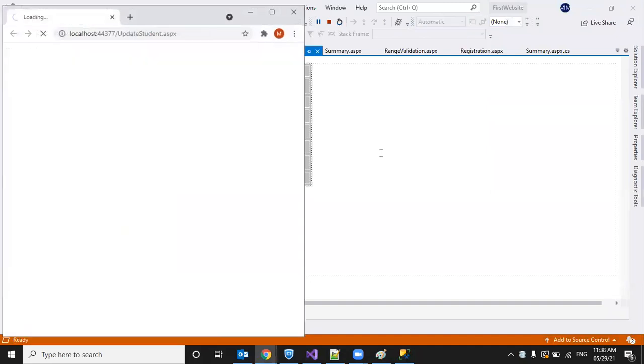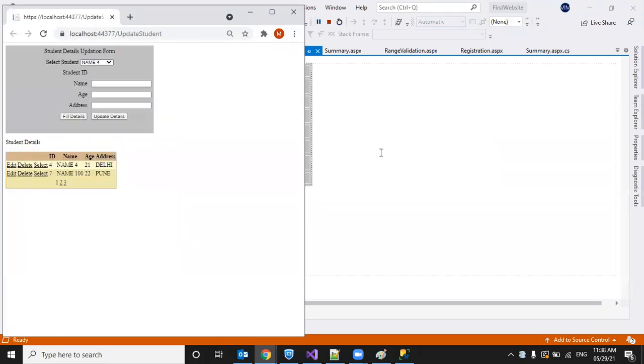So in general, in real-time applications, we use 20, 50, 100 records only in a grid view. So we will have a lot of data, right? So rather than binding complete data, we can use only some kind of values like 10, 20, 50, or 100 at max, not more than 100 in the real-time world.